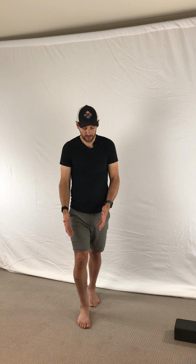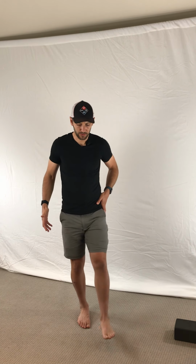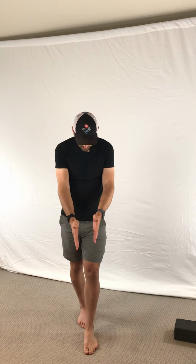The next thing we want to look at is your step width. Step width is basically the distance between your left foot and your right foot. What we'll commonly see with most injured runners is that they run on a line. And so their left foot, or in this case, right foot strikes, and then as they come through and strike with their left foot, it's almost exactly in line. Or if you're running down a road and there's a line in between, you'd be landing directly on that line